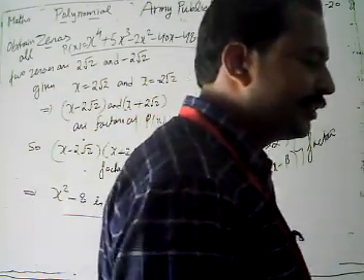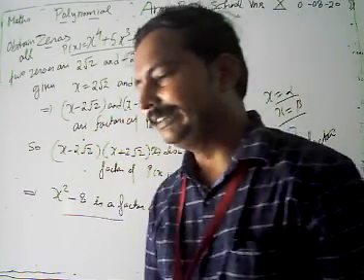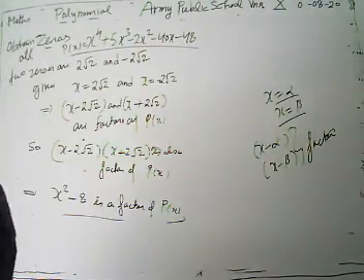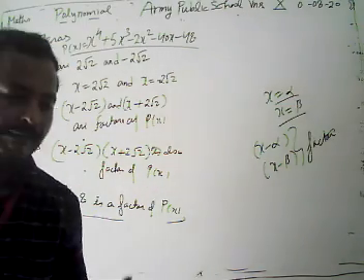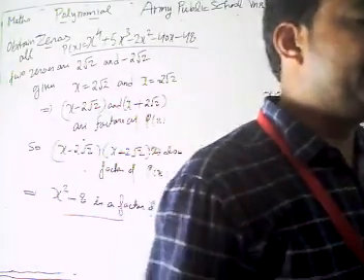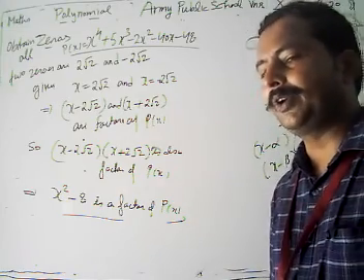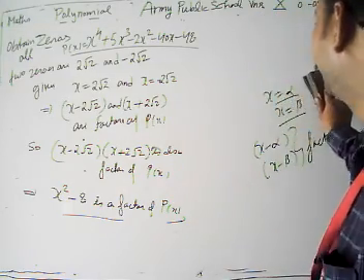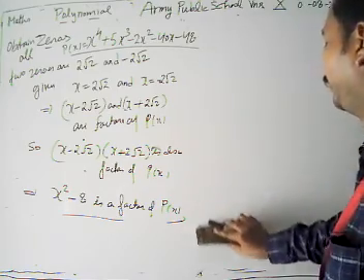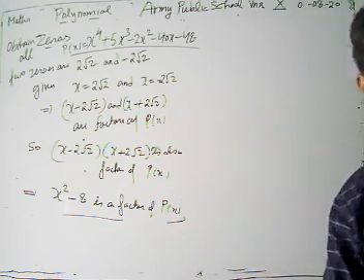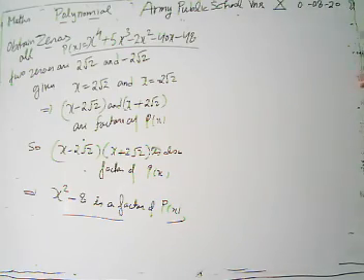Whenever our remainder is 0, what is our division algorithm? Then our division algorithm is: dividend is equal to divisor into quotient, and there is no plus remainder because our remainder is 0. Then again, look, first of all we are going to divide, since we have x square minus 8 as a factor there.